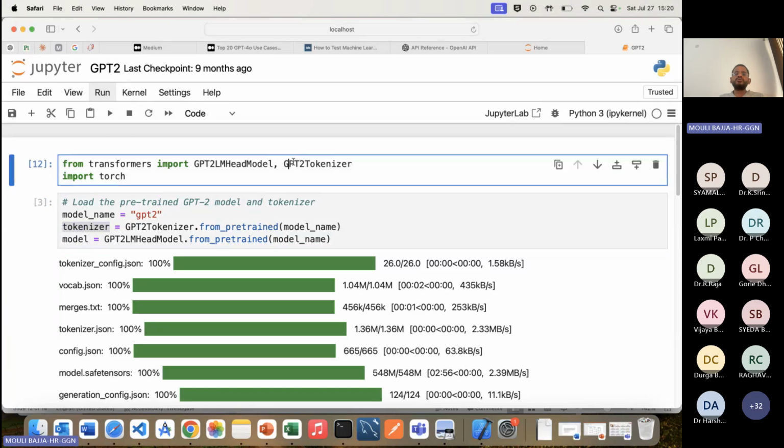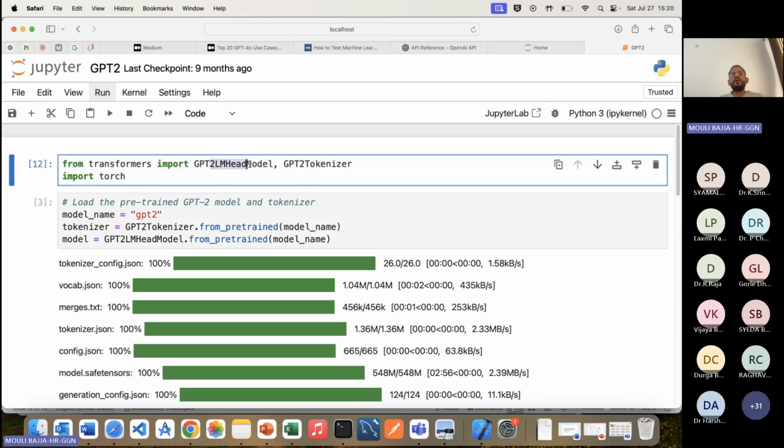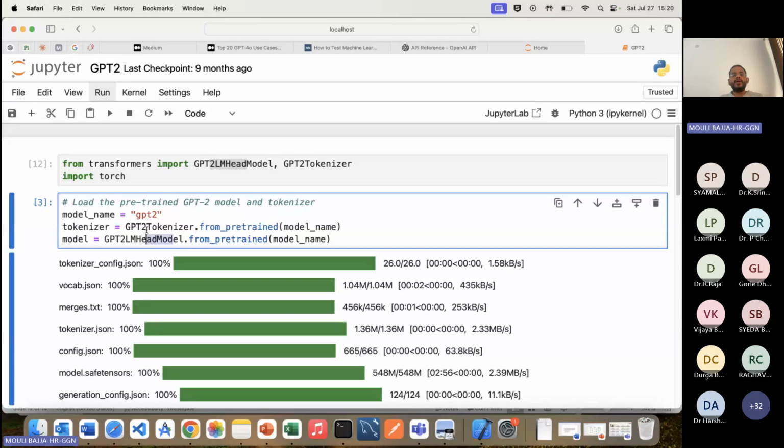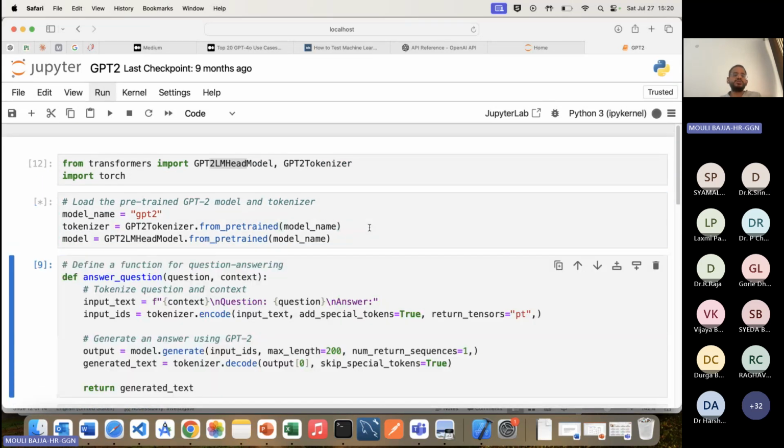And now what I'm doing here, model name is GPT-2, and I'm passing to a variable tokenizer, from this tokenizer, from pre-trained, and the model name that I provide here, GPT-2. So from pre-trained, this is where I'll be able to break a text into small tokens. Then to the model, I will store GPT-2 LM head model. This is what will run. And within this, the parameter is GPT-2. I never used the other parameter though. So I'll run this. Now I have my tokenizer and model, and the model is running.